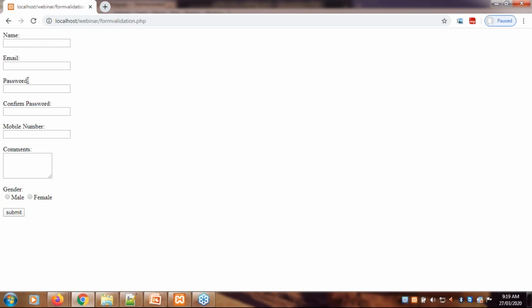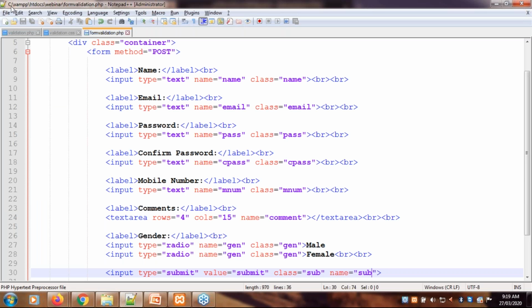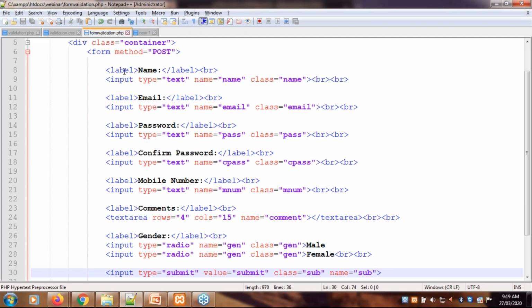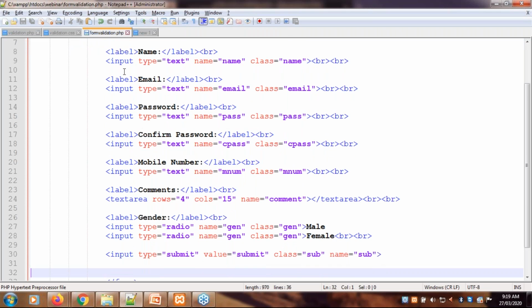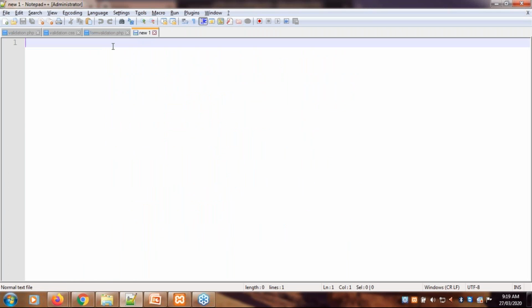For example, all of these inputs should have the same width and height. For a submit button, I want a green background color. For that, we have to create an external CSS file, right? Here we have given all of the inputs a class, so using the class we can give the CSS property.